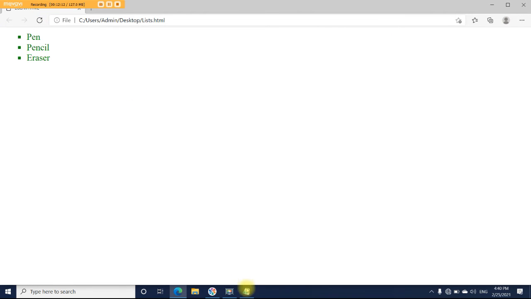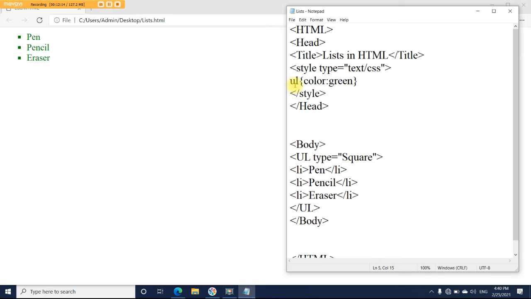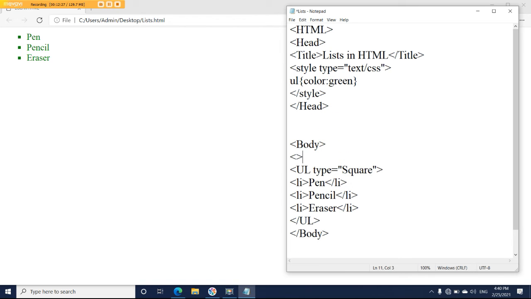See, I am getting green color for my unordered list. So like this you can do the formatting of your list using HTML and CSS. Let's add here one more element, that is an H1 heading tag. Unordered list.